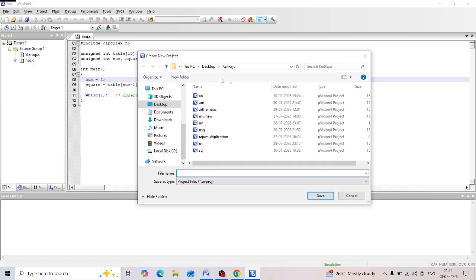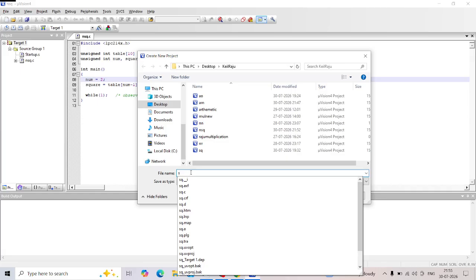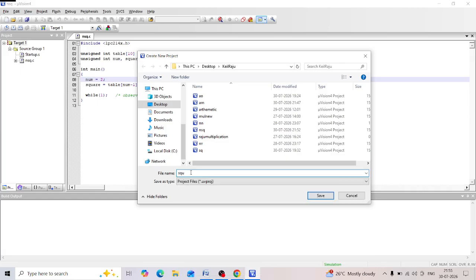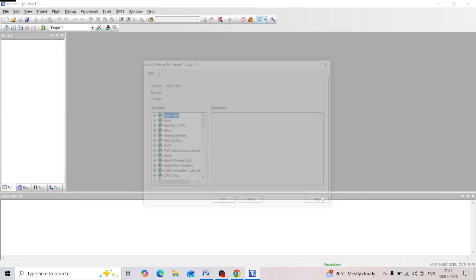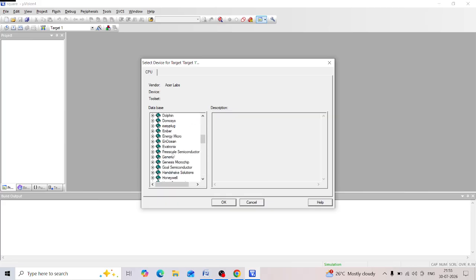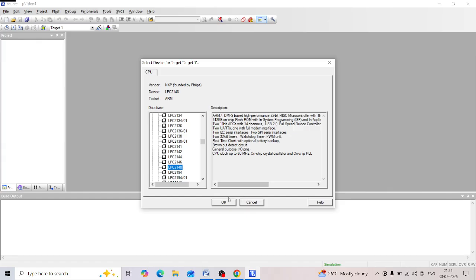to give the name and create one folder. Before that, create one folder, and in that we need to give any name, that is Square, and we'll get like this. In that we are doing on NXP LPC2148. Click on LPC2148, click on OK,